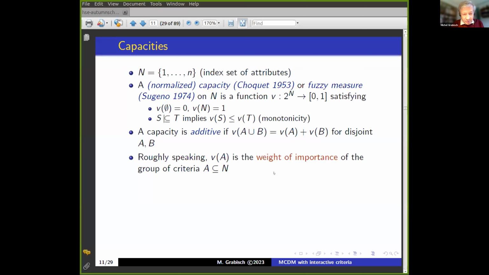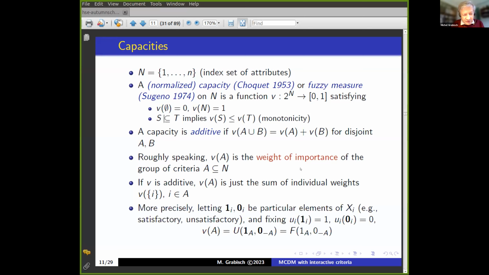So now, can we be more precise on the interpretation of V? Roughly speaking, V represents the importance, the weight of importance of a group of criteria. But this is only intuitive. So now we should be able to give a very precise definition,